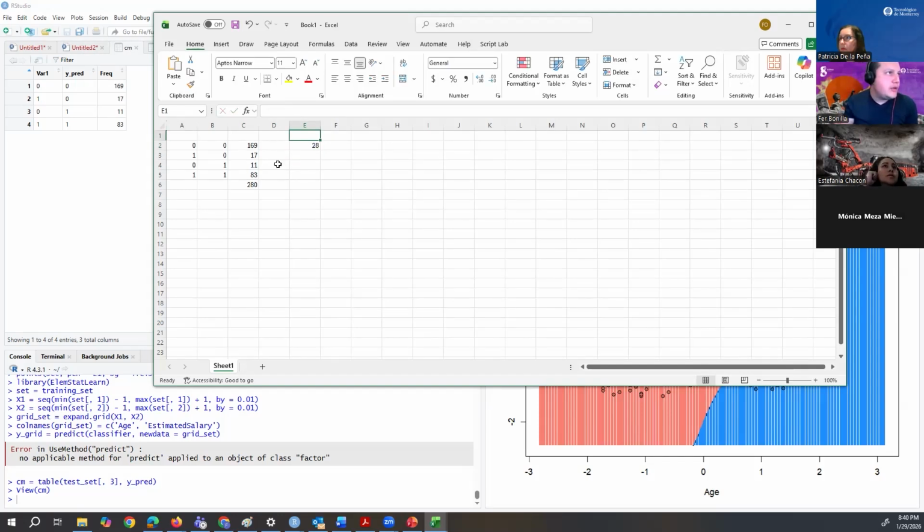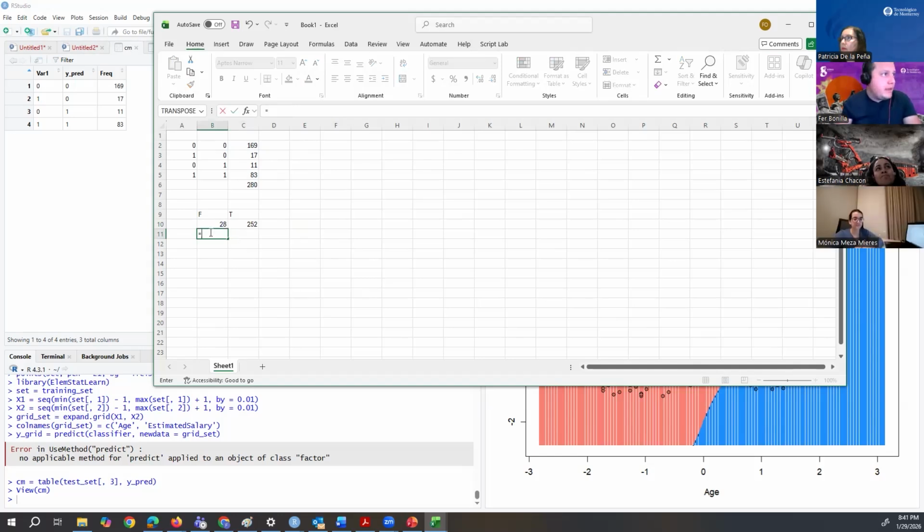Let's put it here in F as fail. And those that actually went true will be equal to 169 plus 83, correct? So out of the population, the percentage that weren't true will be equal to 28 divided by